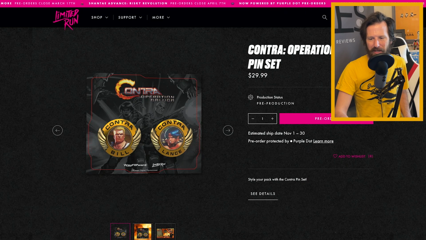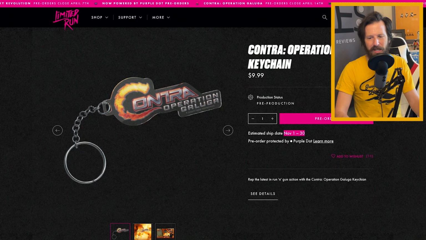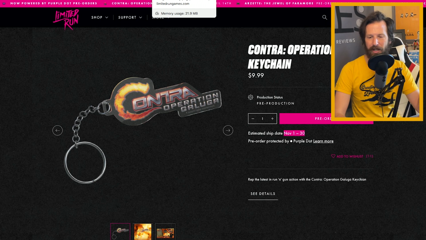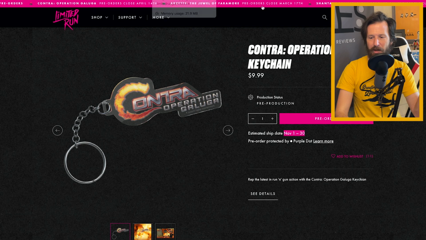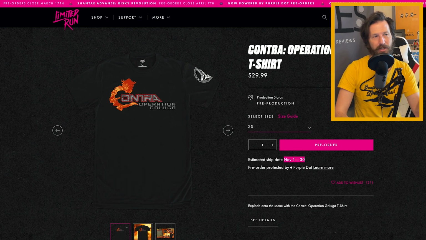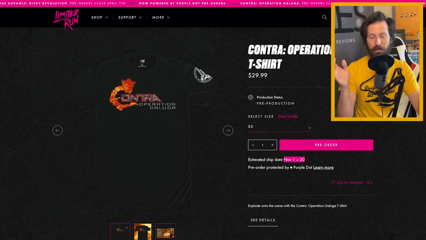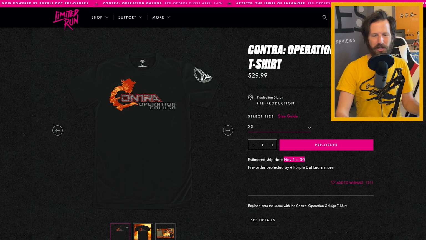And then you can also get a pin set here for $30, and none of the t-shirt or the pin set or the keychain are included in any of the other editions. So there's extra stuff that you could buy. So you could literally spend $175 plus $75 more for the skateboard deck. So now we're up to $250 plus the keychain, $260 plus the poster, $270 plus the t-shirt, $300. So that's $300 of stuff that you could buy from the Contra website or Limited Run Games to support the new Contra game. $300 to get the entire package of everything for pre-order or bonus edition for Contra,